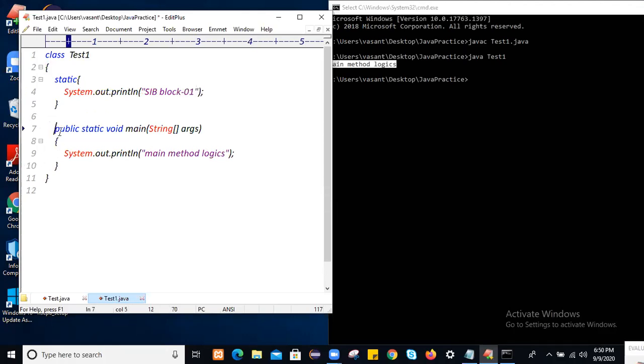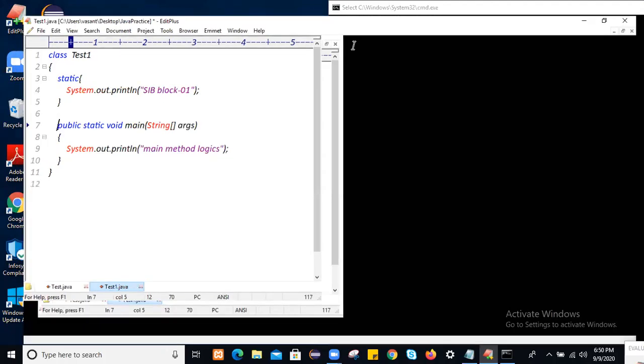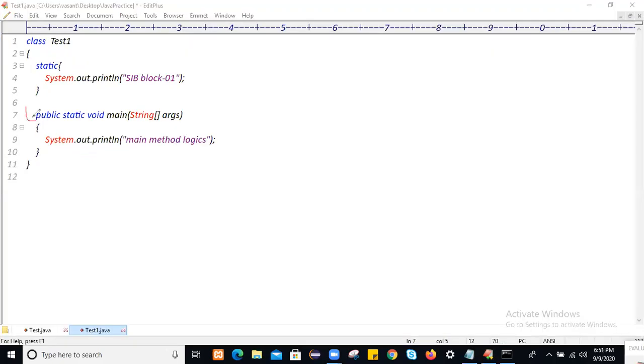Your execution will always start at the main method. Before starting execution, when you compile the Java application, the application will get loaded. All the application, including the static block, will get loaded during compilation time. When the execution starts, before executing the main method, the static block logic will get executed first. Whatever static blocks you keep within the class, their logic will get executed first.